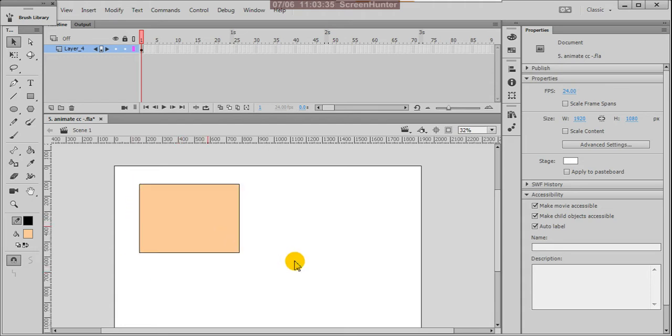Control Z. So with your selection tool, you can edit your shapes.